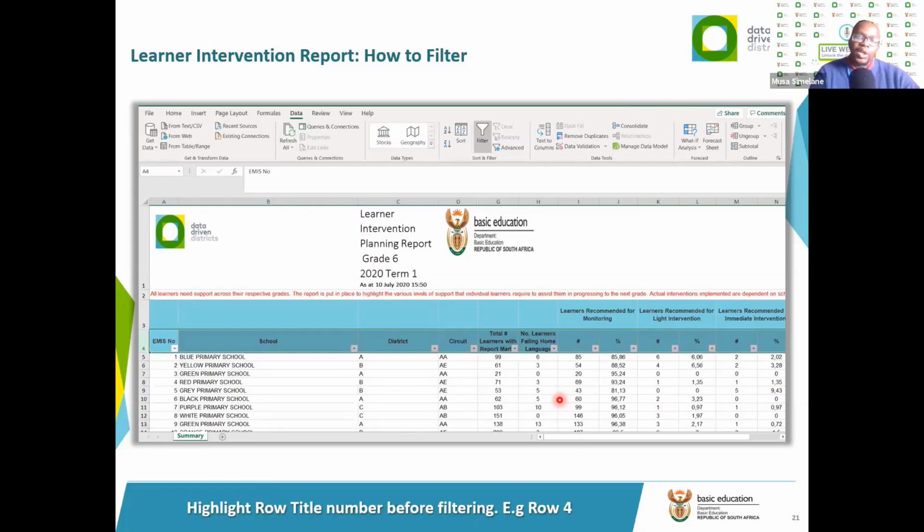So maybe as a circuit manager, you want to know, what do I focus on? Do I focus on the learners that are failing the home language, or do I focus on the learners that are in need of their immediate intervention? Now, bear in mind that most of the time these two can come together. There can be learners who are both failing the language and are also recommended for immediate. And there might be learners that are failing, but they are not detected as for immediate intervention because it's one subject, and maybe the rate of their failure puts them in a safe area a little bit. So it's up to you to choose which you are going to go for, but you can use filtering to